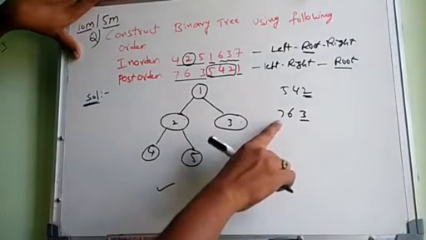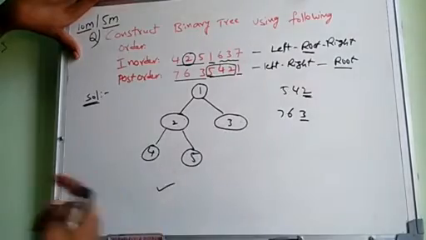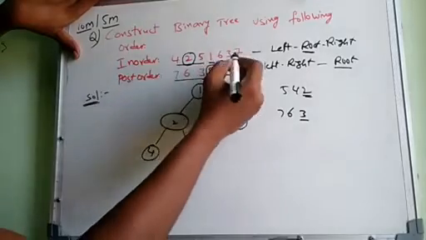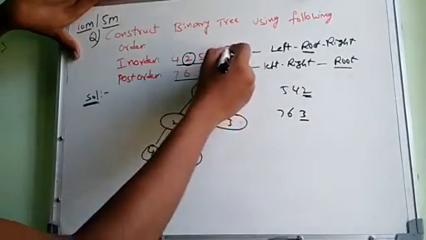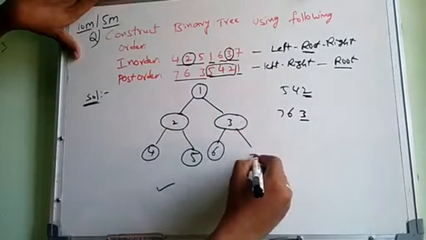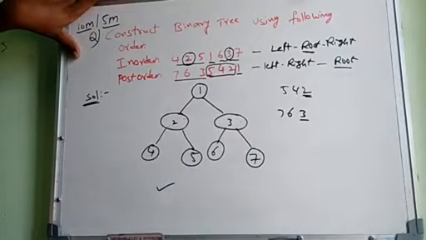So now 7 and 6 are either left or right. How to check whether 7 is right or 6 is right? So go to in-order. In in-order, the root is 3. So 6 is the left child of 3, and 7 is the right child of node 3. So I hope all have understood. This is a very important topic for the forthcoming examination. This is one of the definite questions from the third unit: construction of the binary tree, or explain any of the tree traversal techniques. Very important.